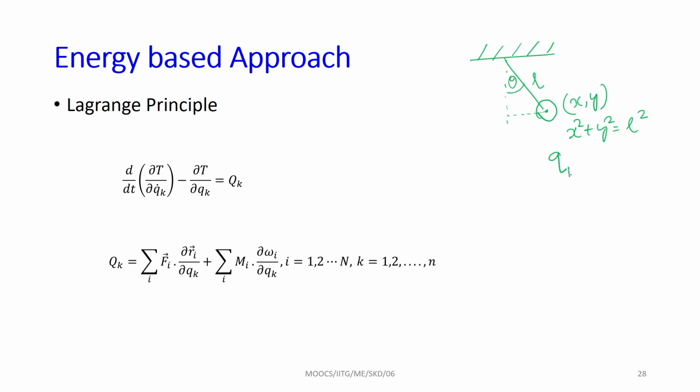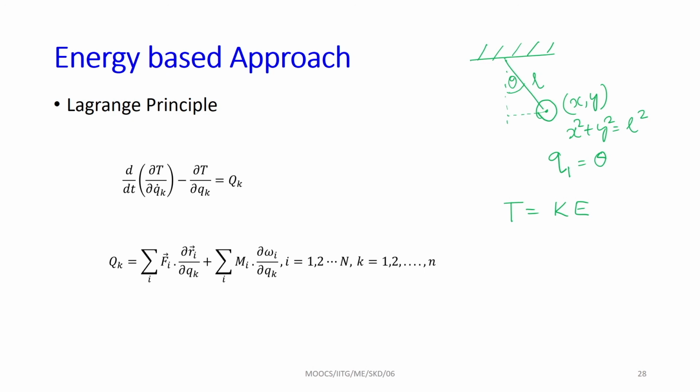So, this q 1 equal to theta. By using q 1 equal to theta, we can derive this equation of motion. So, here T is the kinetic energy of the system and q k dot is the velocity term. So, differentiation of q k is q k dot. So, d by dt of del T by del q k dot minus del T by del q k equal